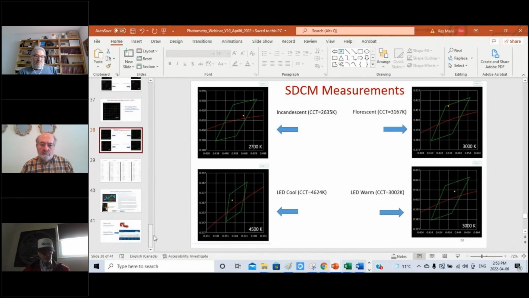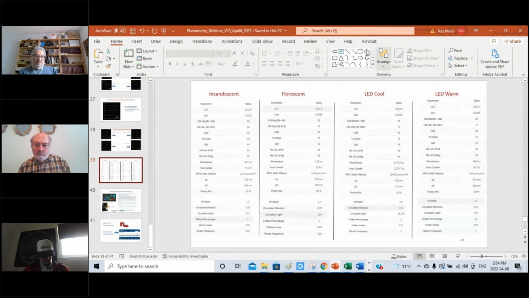So that would bring us, we have about 5 minutes, to this. I have put all the parameters here for each one, and I have described all of them except for DUV. I talked about DUV a little bit: if it is above the black body, it is negative DUV; if it is below the black body, it is positive DUV. And you can see